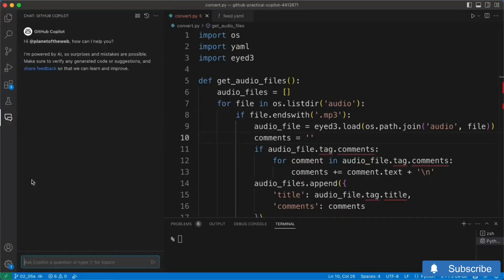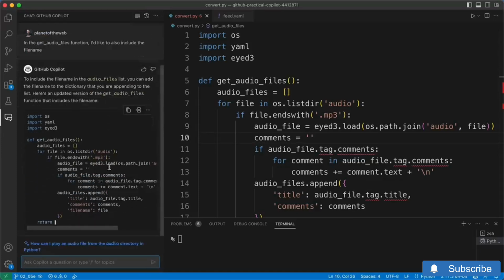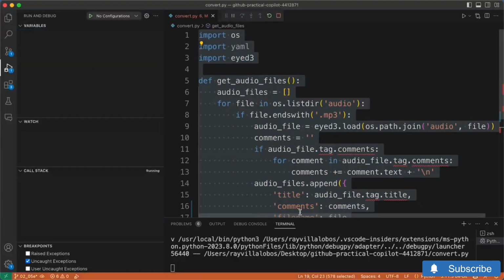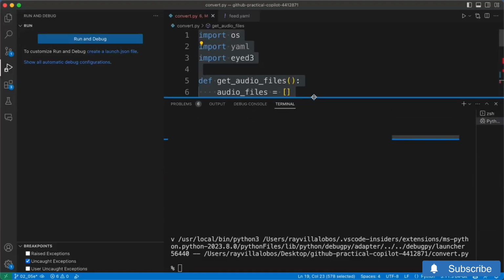Let's go back into chat and I've cleared this out. You can see I'm keeping things clean. So let's say in the get audio files function, I'm being specific here, I'd like to also include the file name. All right, so it's just really part of the ID3 data. So let's try selecting this and just copying this code and we'll give it a test. Run a debug here and